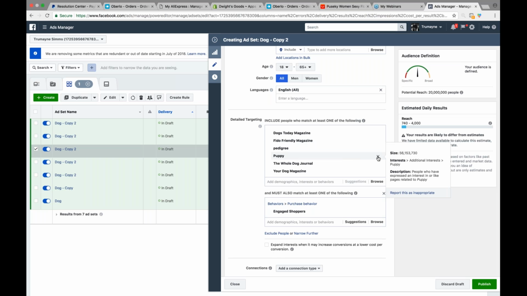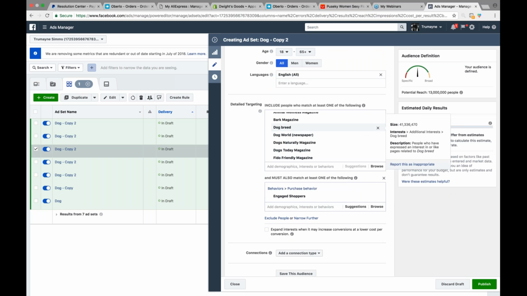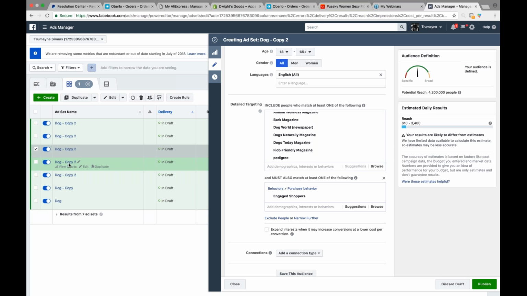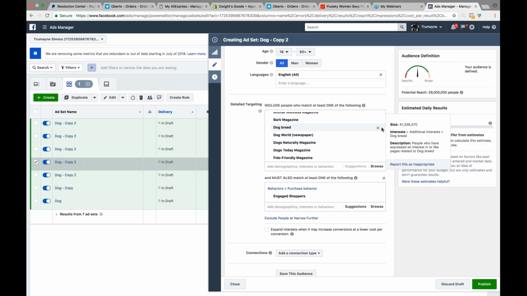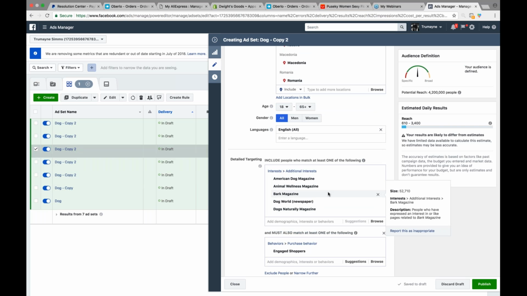So I'm on number 3, and I want to get rid of puppy because that's one of them that I wanted to keep separate. And then dog breed was the other. Right, which means I'm gonna move forward, and then now I'm gonna just do only dog breeds. All right, now to keep this even quicker, because as you see, there's a lot of these stacked up in here. So this one here is just a stack of just different